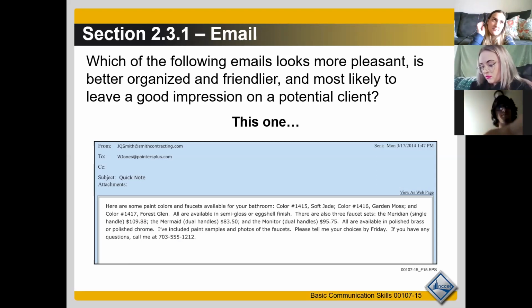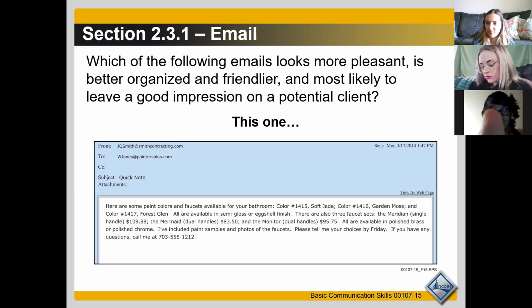So I think at least all of you, if not most of you, have definitely had to send some sort of professional email in your lifetime. This is an example, in a construction setting, of how to be professional when you're emailing somebody. I'm going to show you two separate emails here in a minute, and I want you to tell me which one would be more professional to send if you were talking to a client. Say you're building a house for somebody, and this client, based on the email, is talking to you about paint colors and faucets. They've even listed some paint colors and eggshell or semi-gloss finish, and we've included some paint samples and some faucet samples. So that's what this email is about.